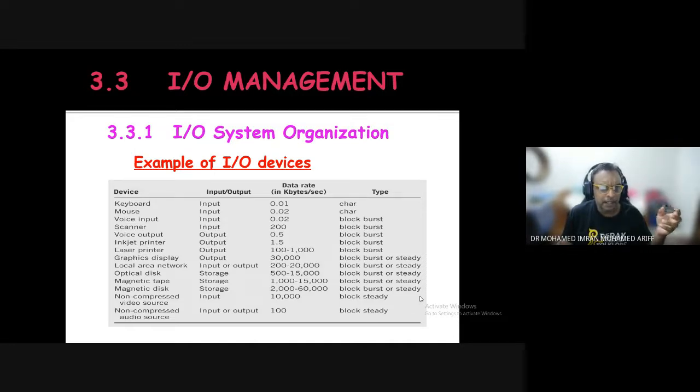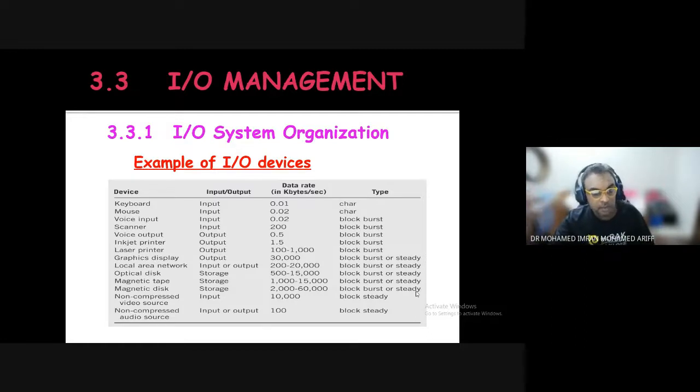Some go by character, some go by block, block by block. That's why sometimes when you can't hear a person talking on the internet, you can hear chunks of words, but you can't make it out, because the voice comes in terms of blocks.